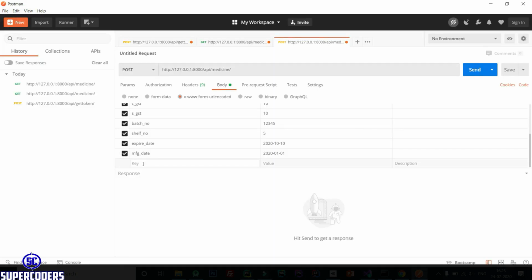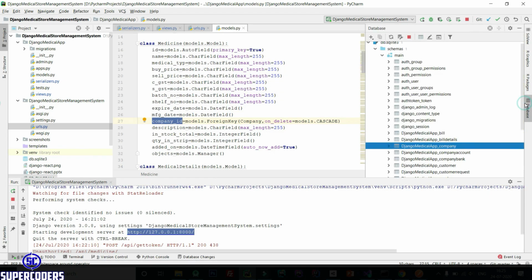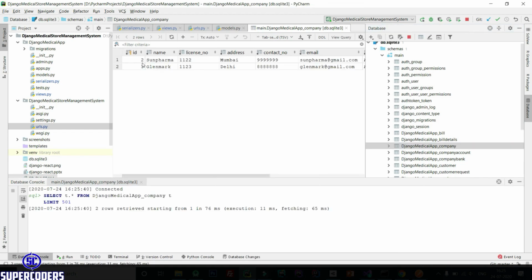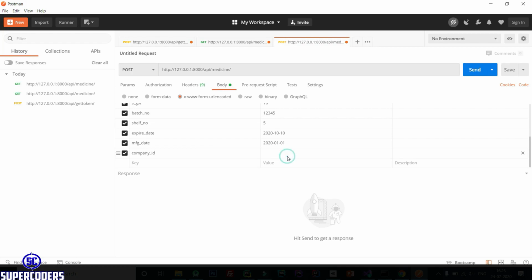Company ID. So for company ID, let's check the database in company, and you can see the company IDs are 2 and 3. So let's copy 2.